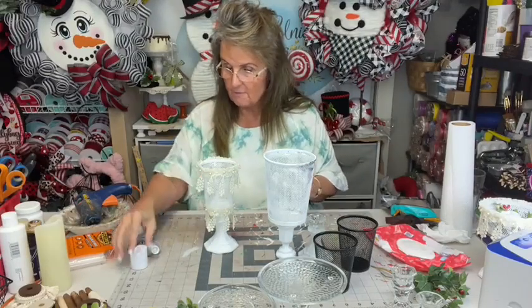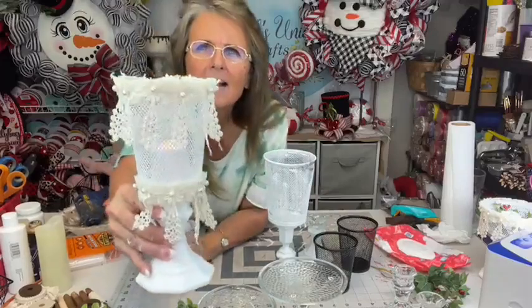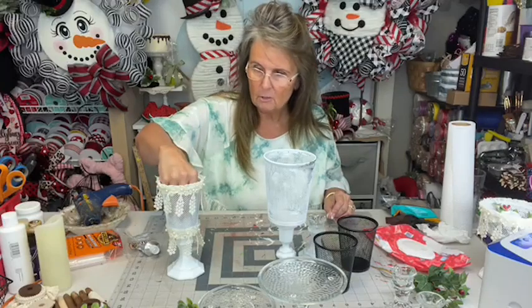So now what you would use it for, let's see if y'all can see the little light in there. I don't know with these bright lights if y'all can see the flicker of the flame. Now I would not put a fire burning candle in here, but these little tea lights came from Hobby Lobby, I think. They're a little taller than the little tiny ones. So for the bigger one, once it dries,